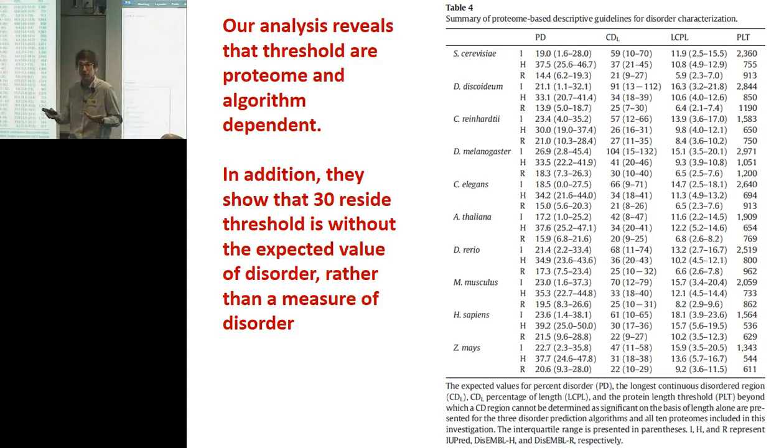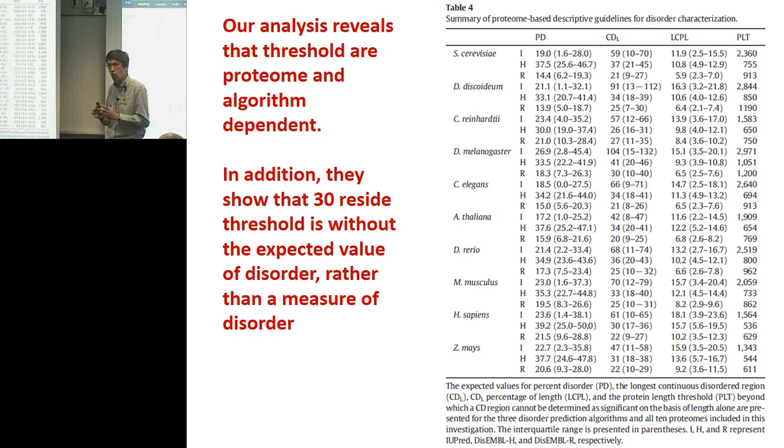So the 30 number, contrary to what everyone thought, depends on the organism where you are. For example, Drosophila tends to have more highly disordered proteins, at least when you use IUPred, than when you're using, for example, the worm or the yeast proteome. When you look at humans, they look at 70, which is higher than the yeast. So sorry, mouse. So the human then is 60 in here. And the mouse in here is 70.